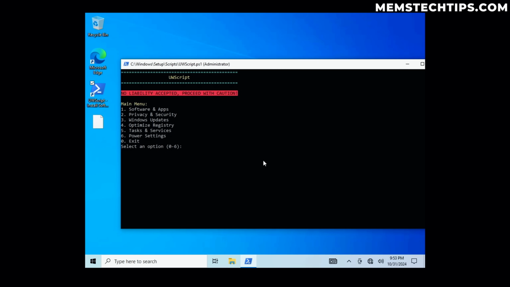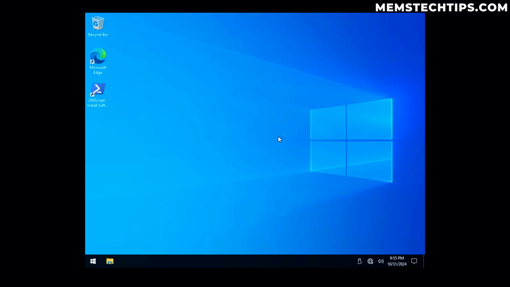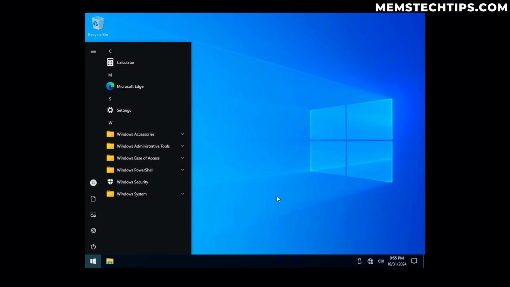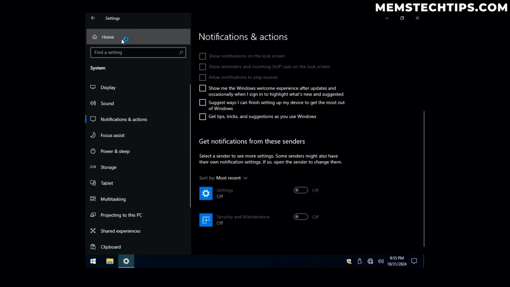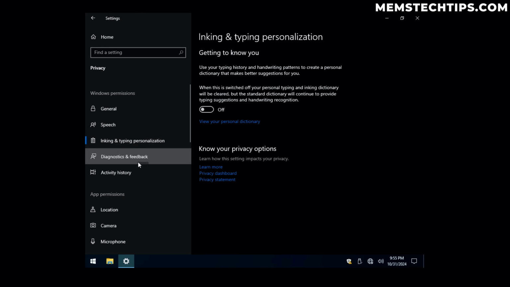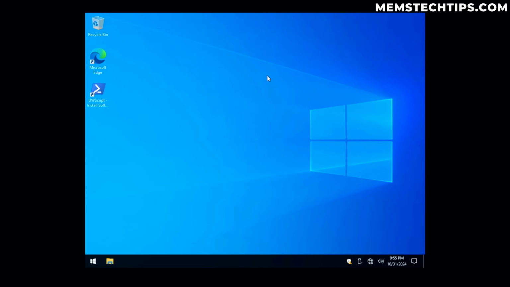I'm just going to go ahead and apply all of the recommended settings once again, then restart the computer so we can see if it actually made a difference. Disable unneeded scheduled tasks and then set the power settings to the recommended power settings. And then let's go ahead and restart quickly. And there we go. We're back to the UnattendedWinstall experience. If you have a look at the settings once again, notifications, everything's been turned off. Privacy settings have all been applied and we're basically back to where we were at the start of the